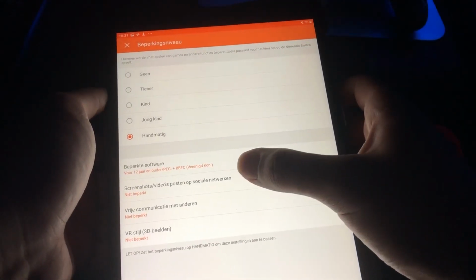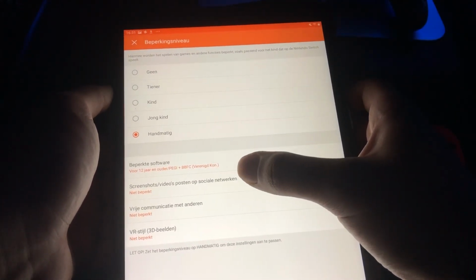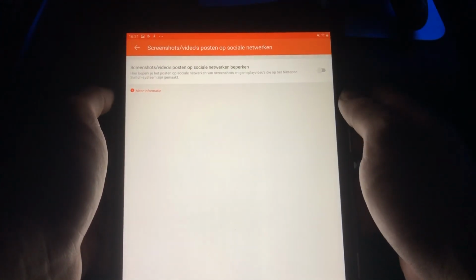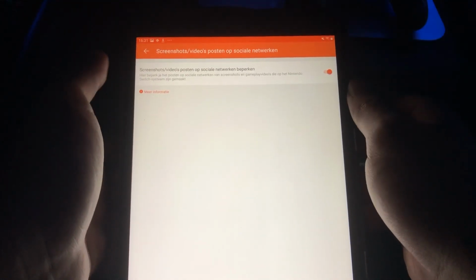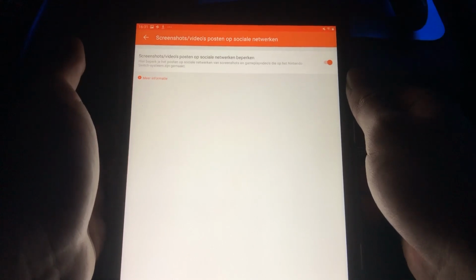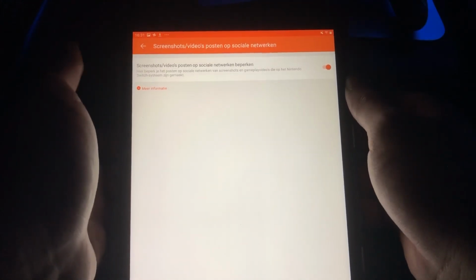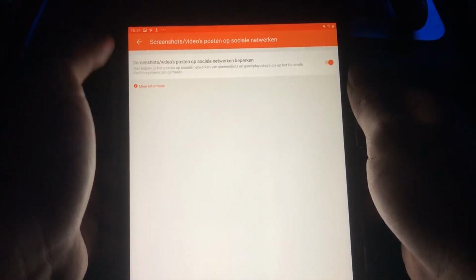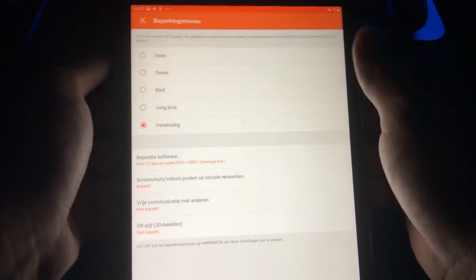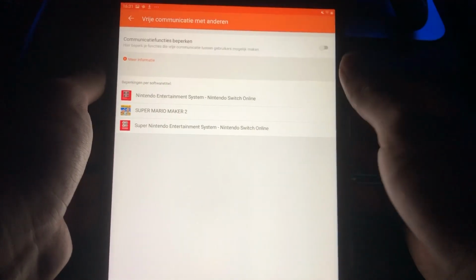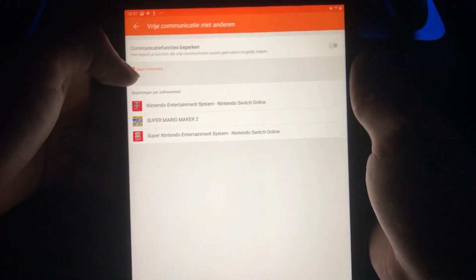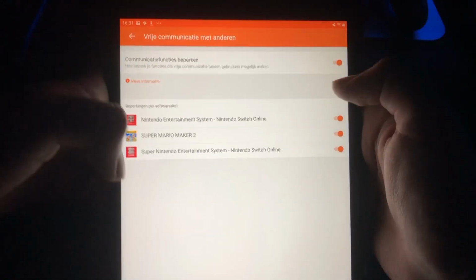So we can go over the screenshots and videos that your kid is posting. For example, you can set this on, and what this means is he can't post things on the internet, photos or things like that, from the Nintendo Switch. So let's go back. And this is communication in games. If you want your kids not to talk to strangers or things like that, you can set this up and just enable it.